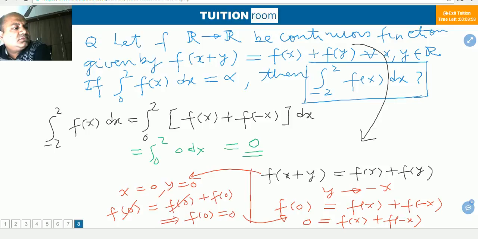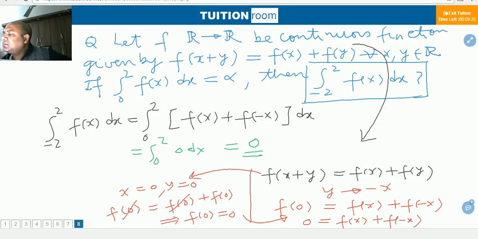And the problem is, let f(x) be equal to e raised to power cos x into sin x for -2 less than or equal to x less than or equal to 2. For this range of x, the function is this. Otherwise, the function is this. This was asked in IIT, a very easy question. We have to find the value of this problem.